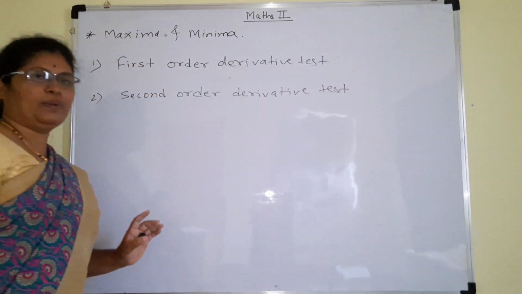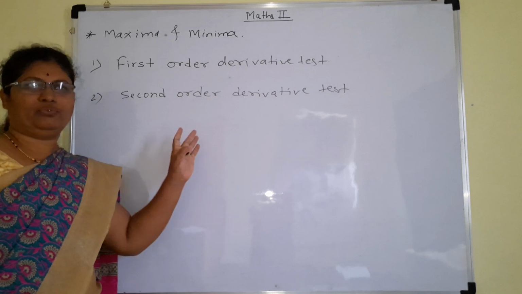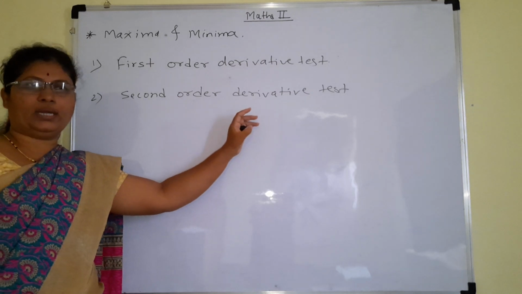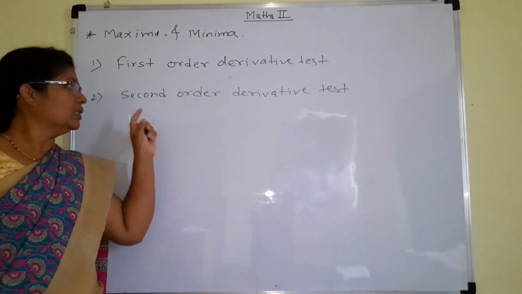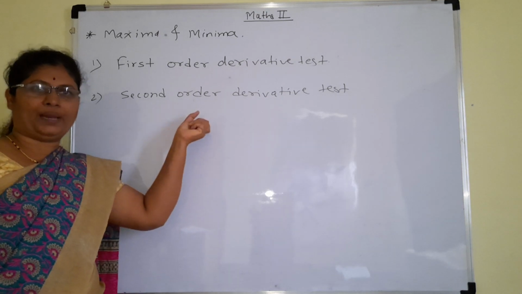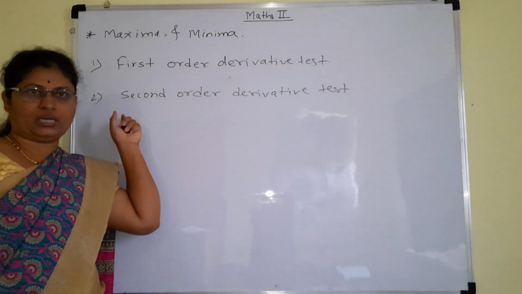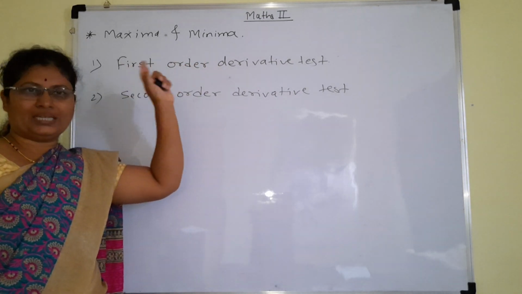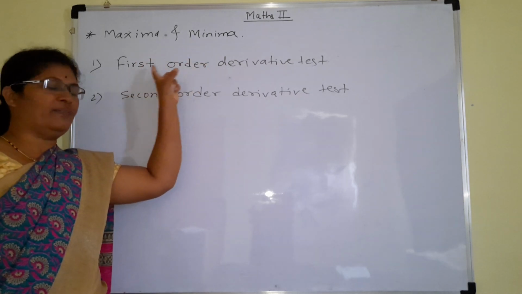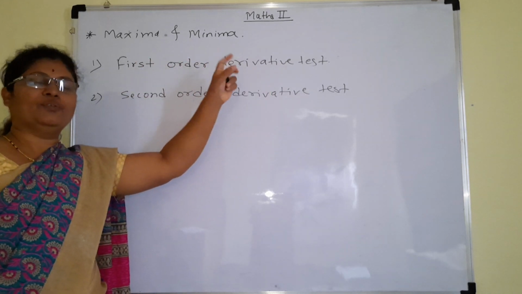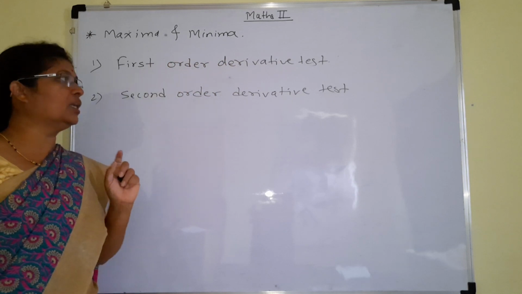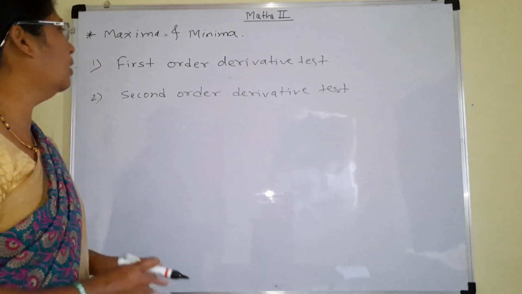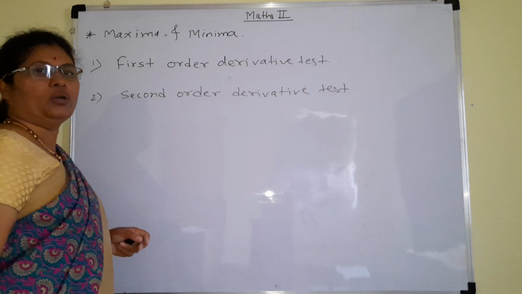As we have explained in this graph, we will use the first order derivative test. After that we will consider the second order derivative test. But remember, in general, the second order derivative test is quite easy to apply, so throughout you can apply it. We will see only the concept of the first order derivative test. It is not necessary to find the maxima and minima by the first order derivative test, but we will see the concept, and then we will go to the second order derivative test. Actual examples we will solve by the second order derivative test.